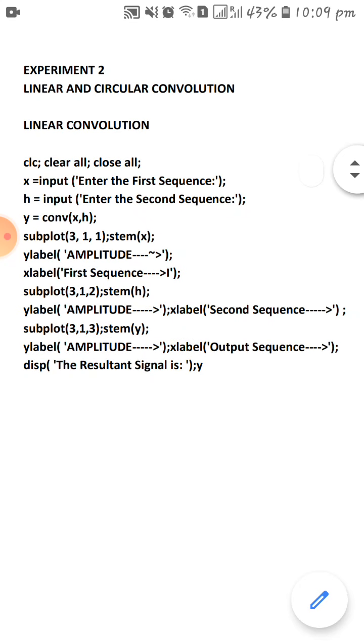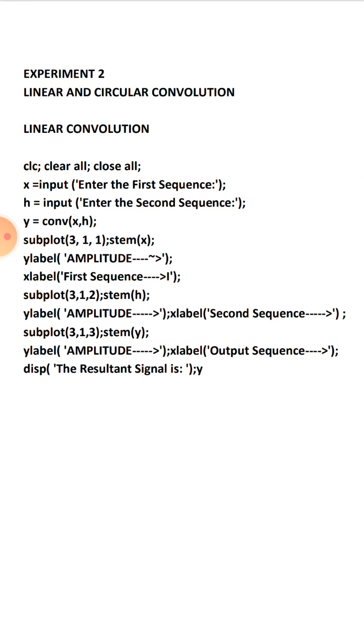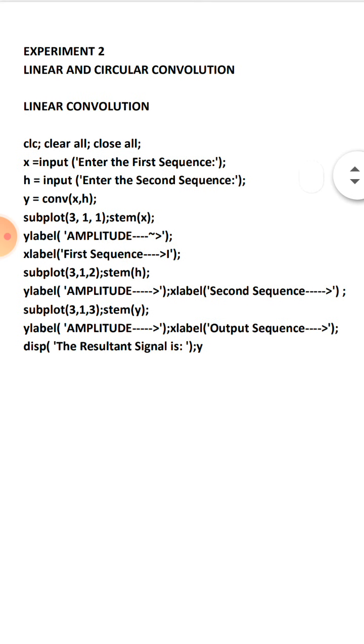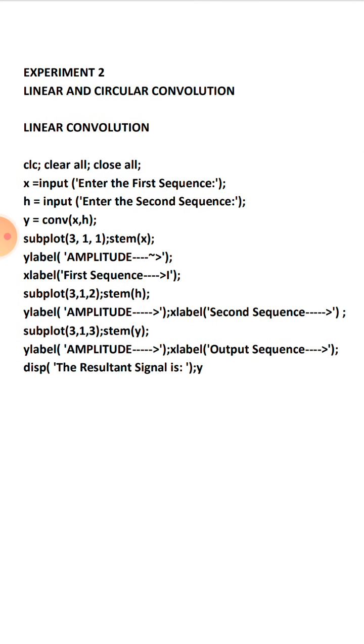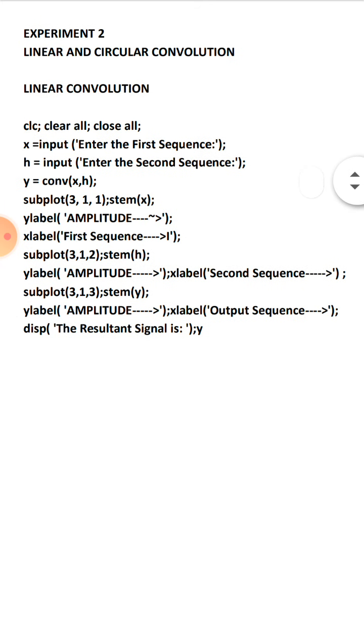So we have different types of convolution. One is linear convolution and the other is circular convolution. In linear convolution, you try to combine two signals which are not periodic, like the lengths of the two signals you are trying to combine won't be the same. You can have one signal length as 10 and another signal length as 5, and yet you can combine these two and produce a third signal. But in circular convolution the condition is both the signals should be of the same length and they should be periodic. So that is the main difference between linear and circular convolution.